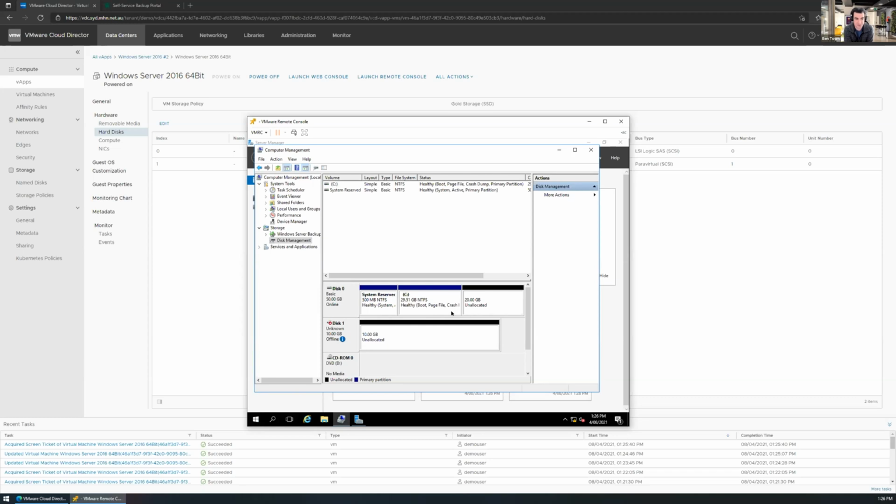Windows won't consume that storage by default, because you might want to position that as another partition, as an example. Linux would be the same, you would have to go in there and extend the LVM if you have that set up. But it's as simple as just adding the disk, and it's instant change.